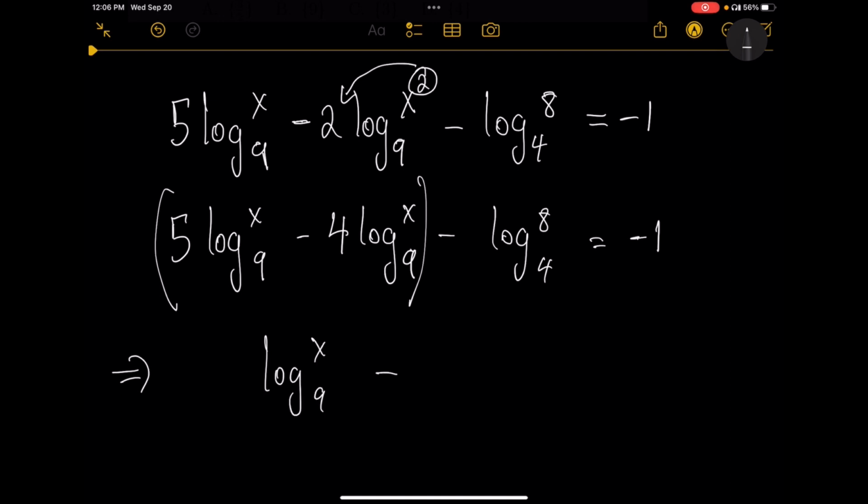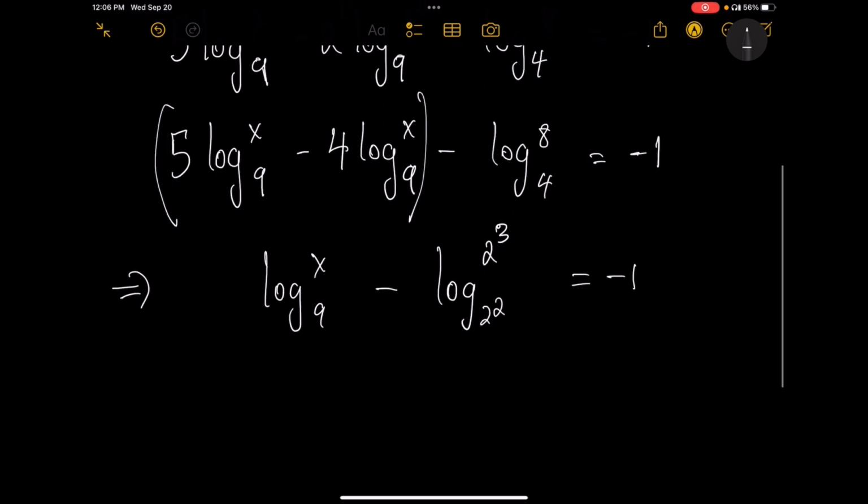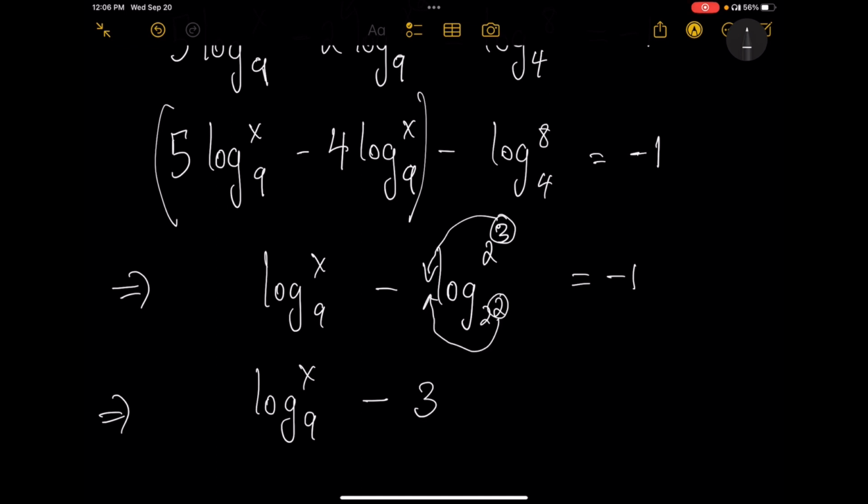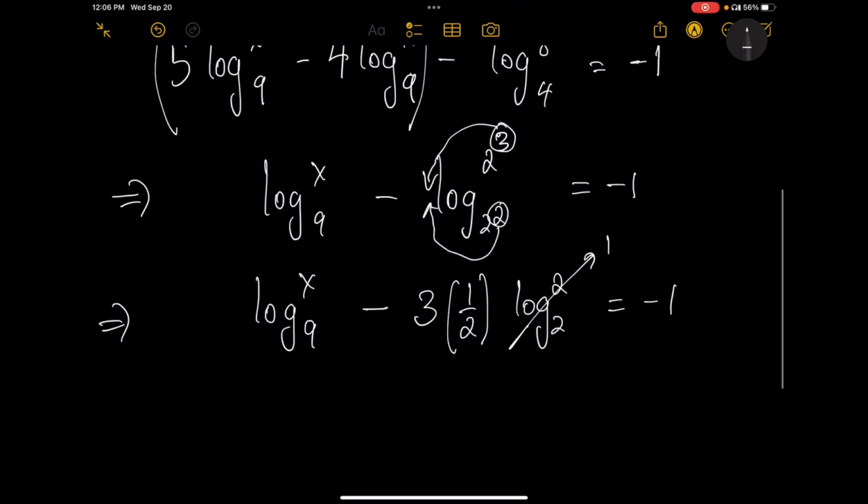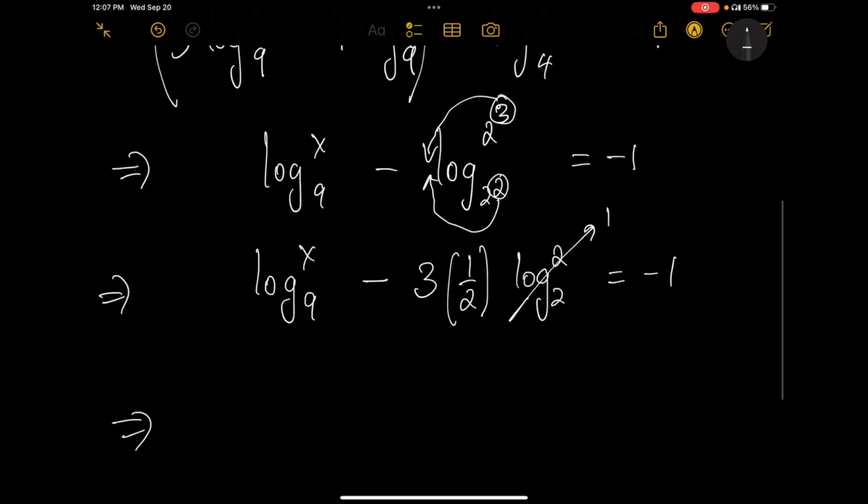gives us logarithm of x to base 9, minus logarithm of 8, which is 2 to the power of 3, to base 4, which is 2 squared, is equals to negative 1. Then logarithm of x to base 9 minus 3, which we can bring to the front, and the 2 comes to the front as a reciprocal, 1 over 2, times logarithm of 2 to base 2, which as we all know is 1. This implies logarithm of x to base 9 minus 3 over 2